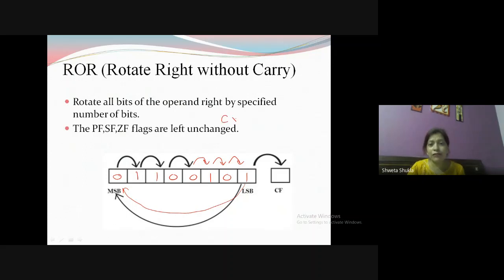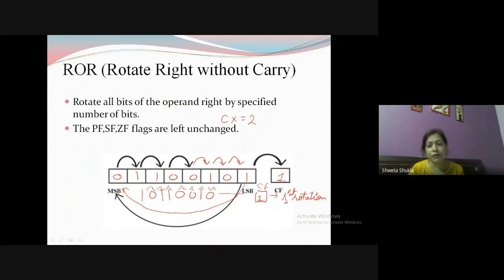First of all, you have to check the value of CX, whether it is 1 or 2. If it is 2, you know you have to rotate it 2 times. So after the first rotation, the result becomes 1 0 1 1 0 0 1 0. And what will be the value of the carry flag? The carry flag becomes 1. So after the first rotation, the value of CF is 1. And similarly, if you rotate it a second time, again all the bits will move towards the right side. Remember?